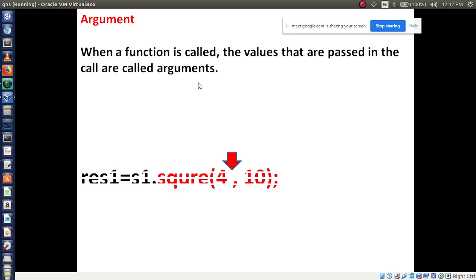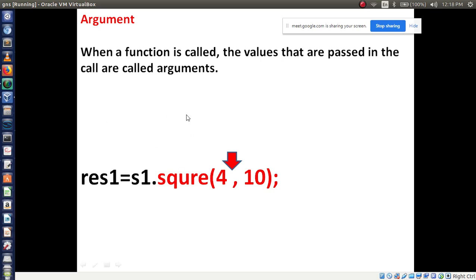See, I have written square 4 comma 10 here, right? But in the previous slide I used square as a method name or function name: int square, int a comma int b. That is the function name or definition of the function, right? That function I am calling in a main function.